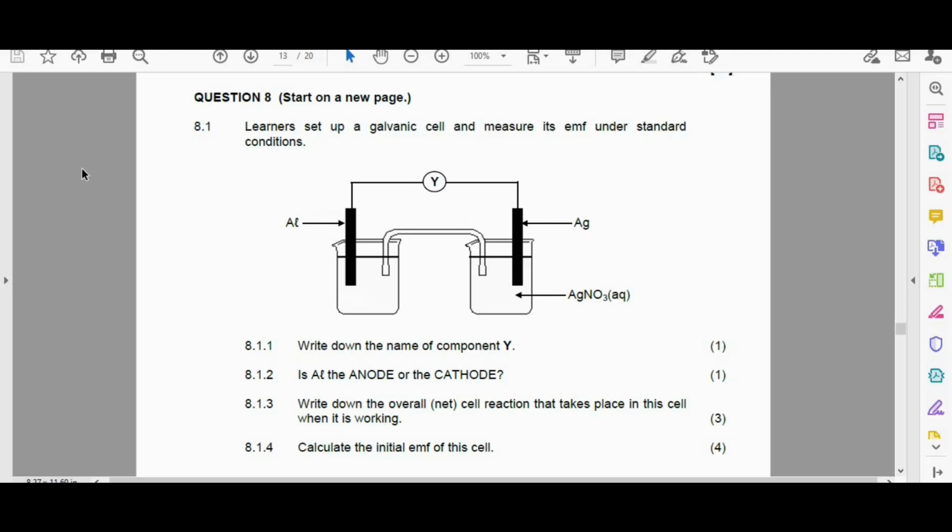Your anode, we know that oxidation takes place there. We know that reduction takes place at the cathode. So if oxidation takes place at the anode, that must be my reducing agent, and if reduction takes place at the cathode, then that must be my oxidizing agent,